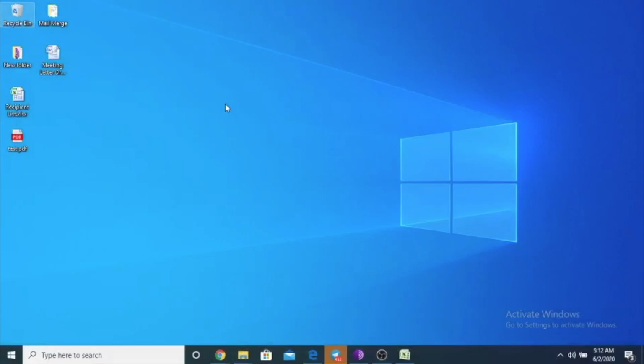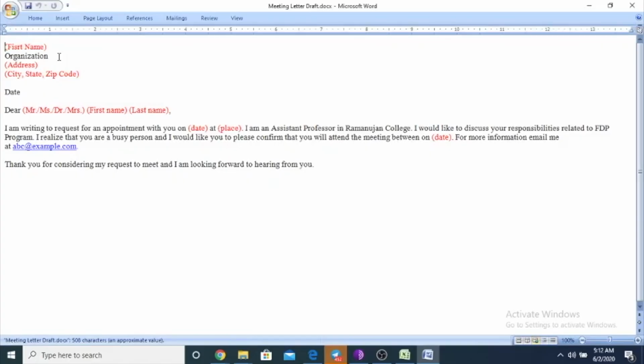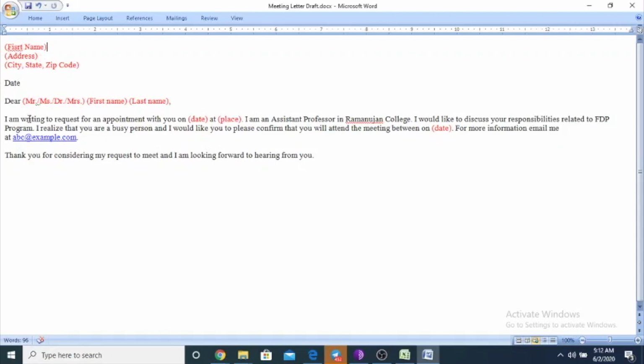Okay, let's get hands on with the mail merge activity. So this is my main document where I have written the letter which I want to send to more than one recipient. Here are certain fields which are mentioned in red, and certain fields which are mentioned in black.